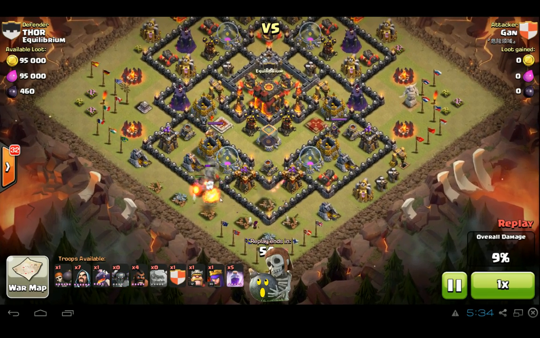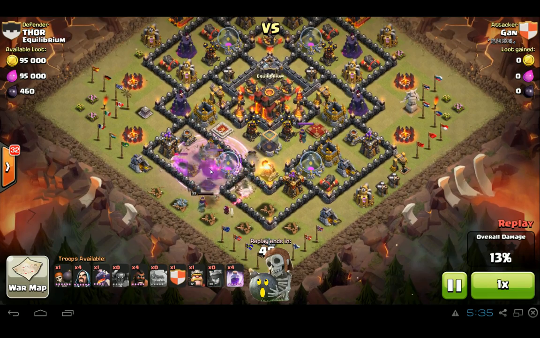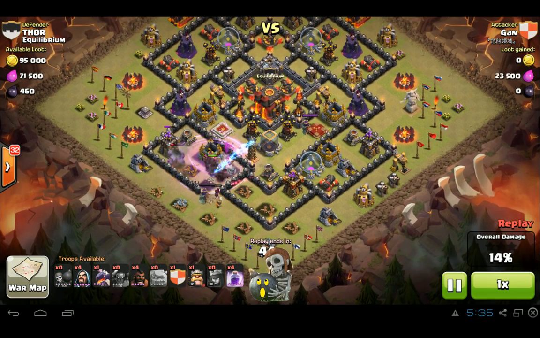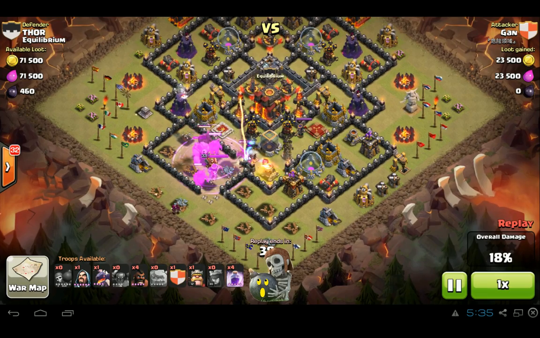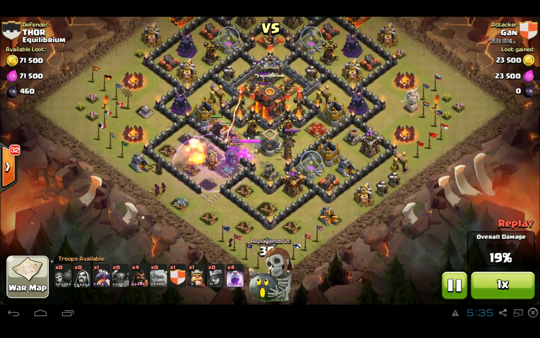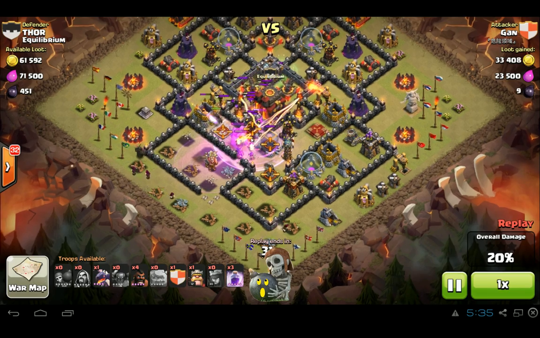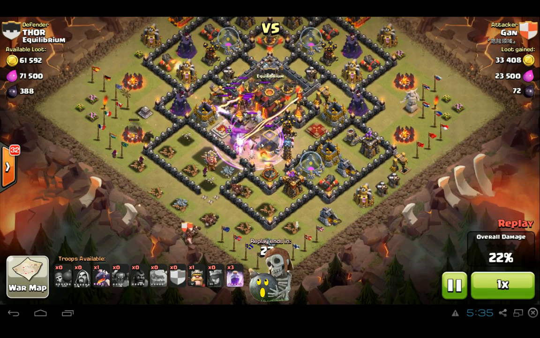Alright, so a couple golems. Are those 2 golems right there? Not sure. Alright, good rage spell, a lot of P.E.K.K.A.s. Oh, look at that. The amount of damage that P.E.K.K.A.s take from these Teslas is insane. And look at how much damage these Infernos do once they charge up. They take out a P.E.K.K.A. in about, I don't know, 5-6 seconds, maybe 7 seconds. I'm not sure. I'd have to look at the stats, but